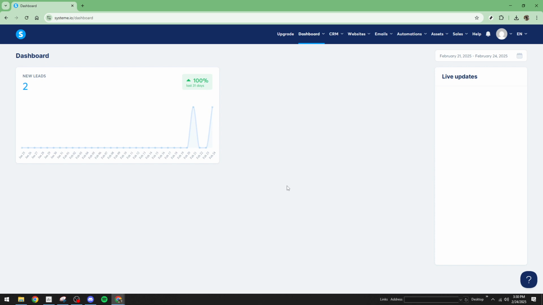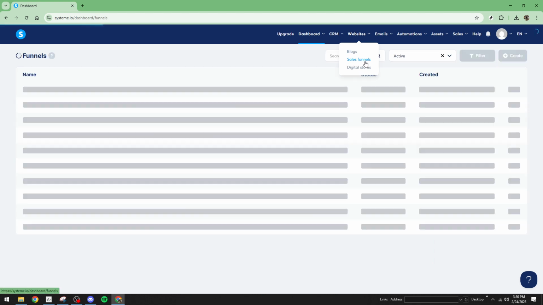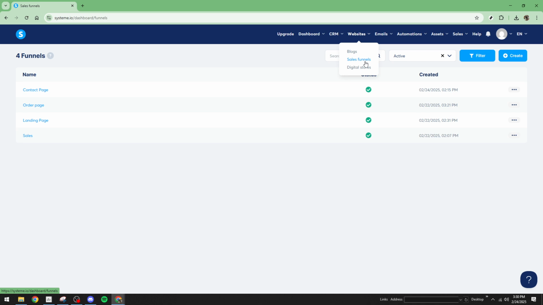From here you'll see several tabs and options to navigate. But today we're focusing on adding a button. Next, move your mouse over to the website section in the navigation bar. Hovering over this will reveal a drop down menu with more options. You'll want to click on Sales Funnels from this menu. This section is where you'll manage and modify your sales funnel pages, and it's the perfect spot to add your